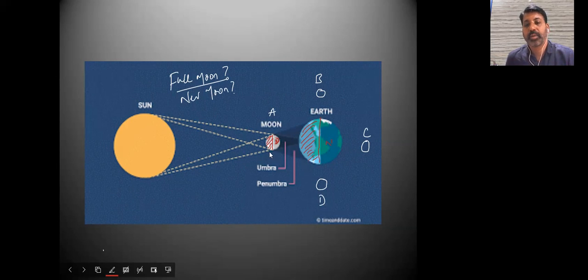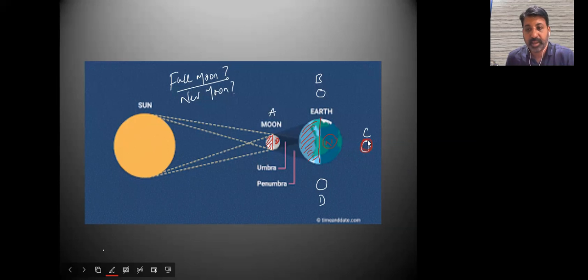Okay, so if you just apply the logic, to see the new moon day or full moon day, I have to be at night. Keep it in your mind. It is clear. So on a new moon day, I can't see the moon at all. In that particular night, I cannot see the moon at all. Whereas on full moon day, if you want to see, the moon should receive the complete light